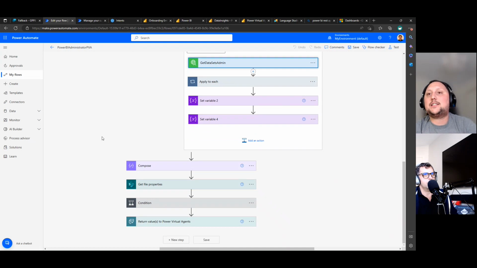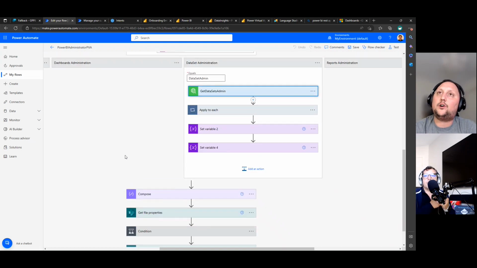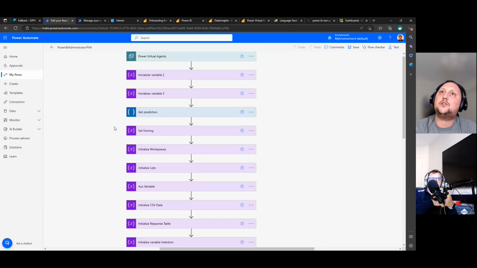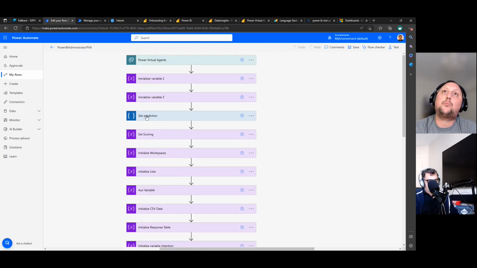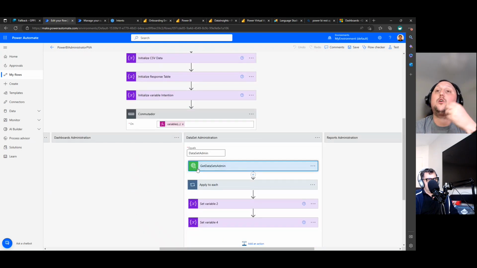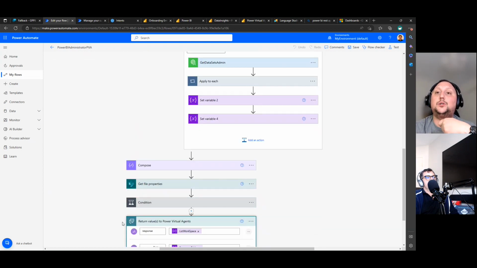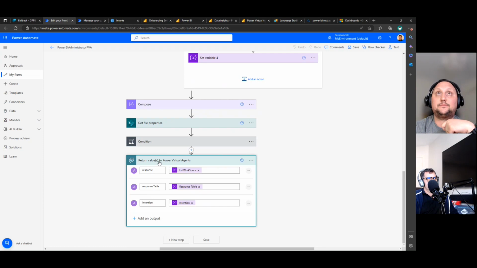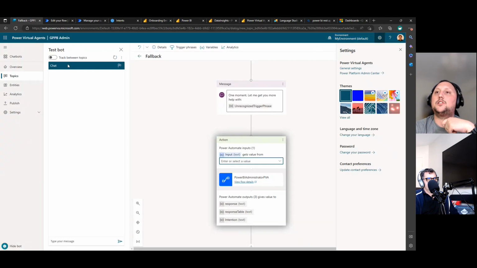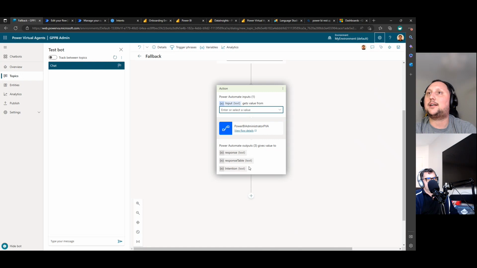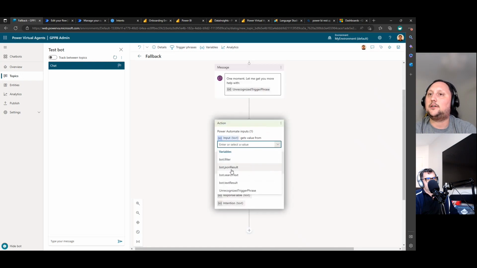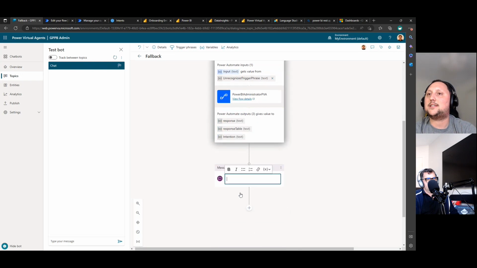The last point is we have already created all the flow to process the information. The user types something, then we process it with language understanding to effectively understand what the user wants, then call the Power BI REST API to get information, and then return the info to Power Virtualization. So here we can finalize this part by clicking on the unrecognized trigger phrase, and then we can show a message, for example, the response